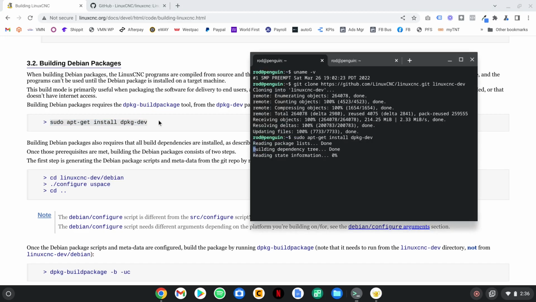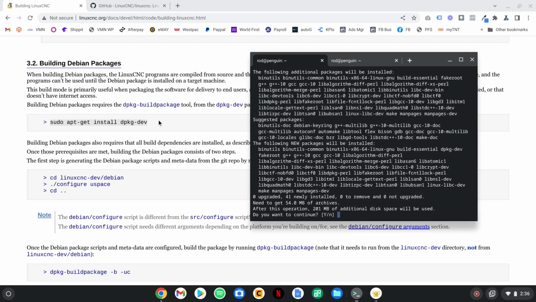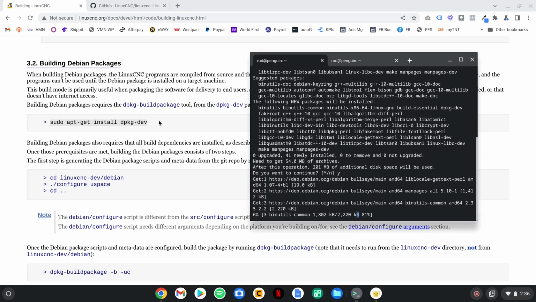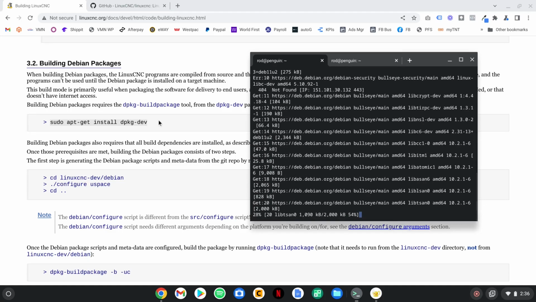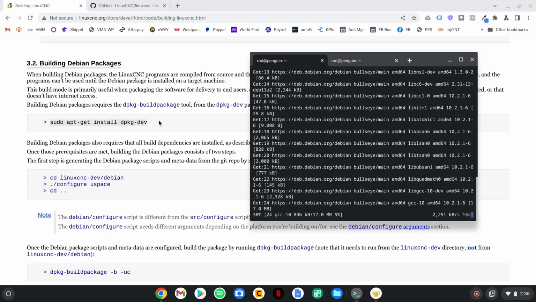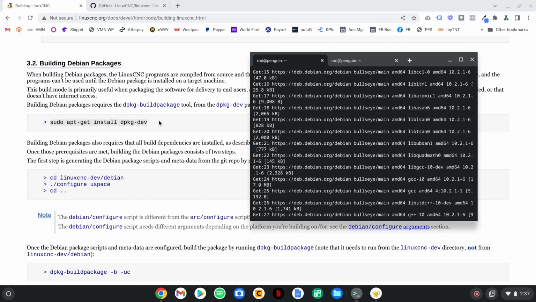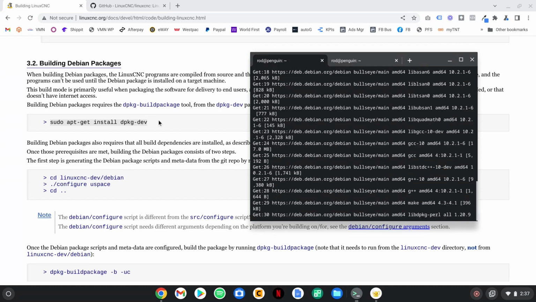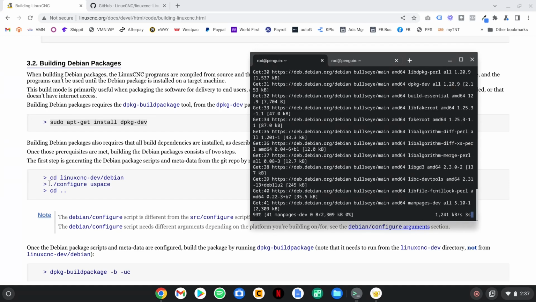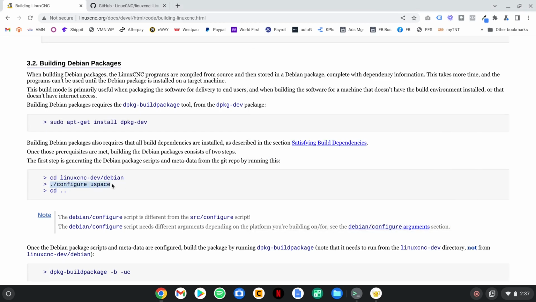Yes, we want to continue with that. So this is the Debian build environment for building deb files, which subsequently are likely to be hosted on the Debian repositories, which is where we obtain Genie from. So the next command it's asking us to do is type configure to go to the Debian folder and